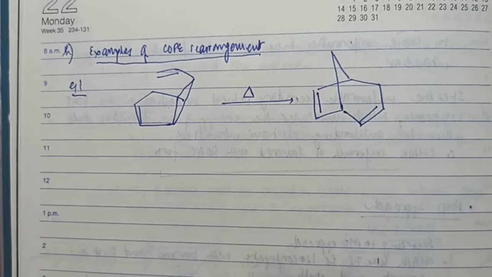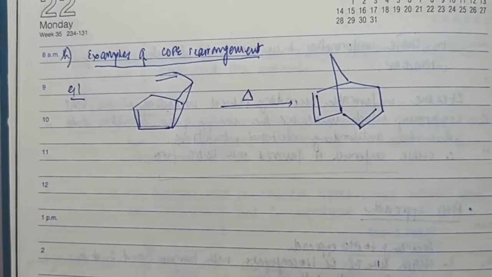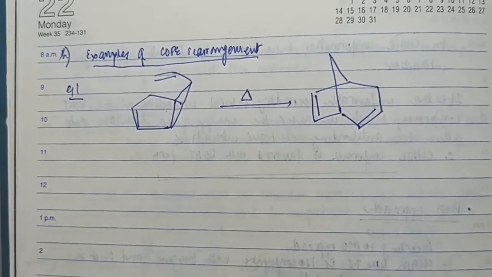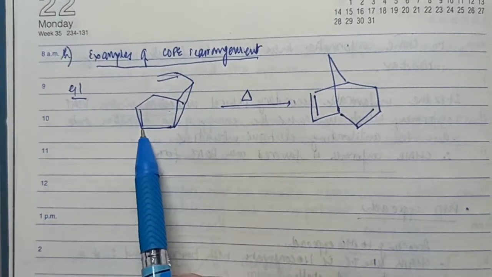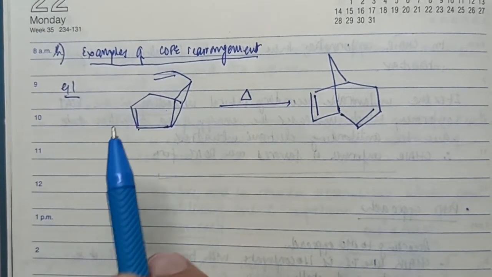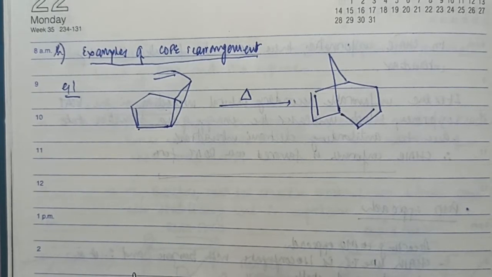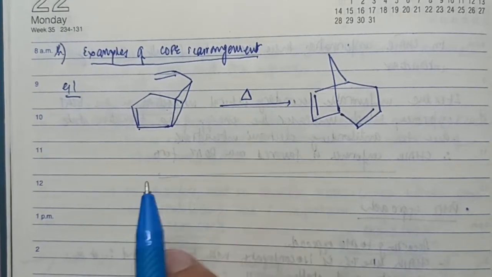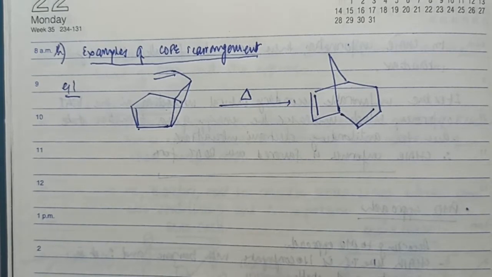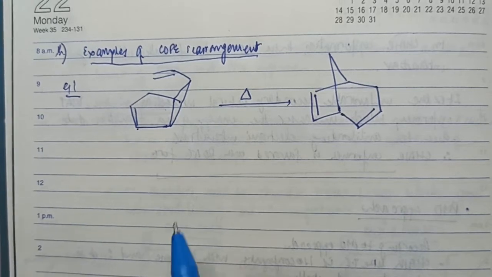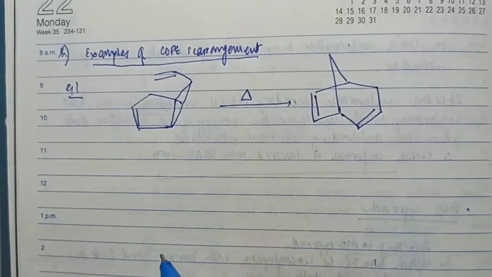Now, whenever you're working at a Cope rearrangement, or whenever you're looking at a particular example, when you have two double bonds in the reactant system, try to figure out whether these two double bonds are 1,5-hexadiene or not. And if it is 1,5-hexadiene under thermal conditions, there is a lot of chance that the concerted mechanism would follow a Cope rearrangement methodology and would lead to the corresponding formation of the product. So let's try to work out whether this is 1,5-hexadiene or not.